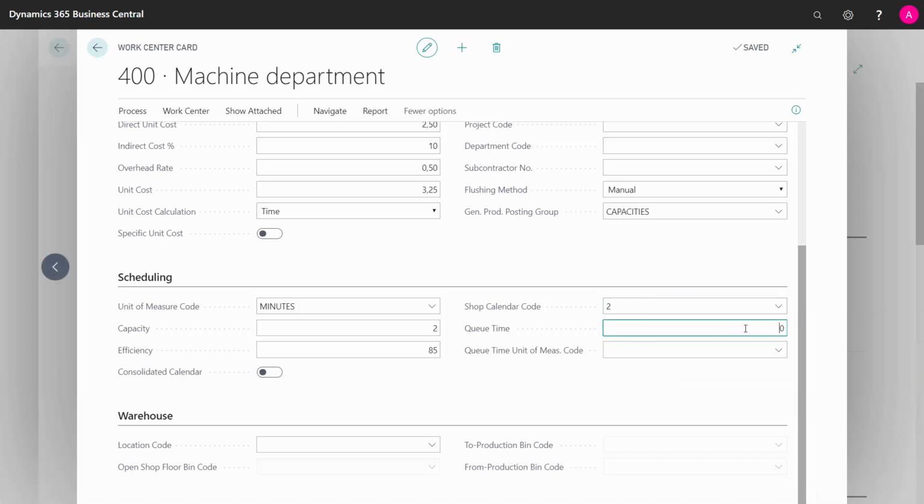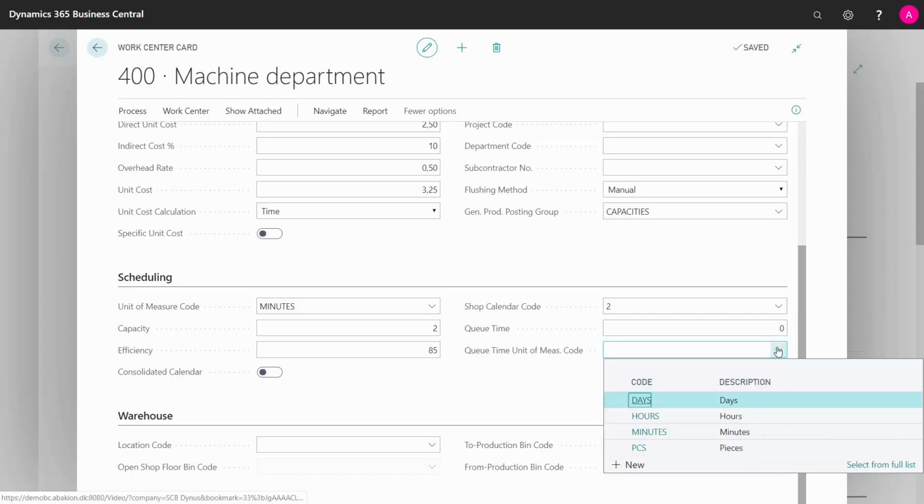Queuing time is set up on the work center, meaning if you have a default queuing time per whatever time frame, maybe it's 1 hour before using this work center. If you need to set the goods before the work center, before using it for temperature reasons or whatever, you can set up a queuing time. This could also be used for subcontractors if you want to set a default queuing time of 1 or 2 days, depending on the time it takes for your subcontractor to handle the item.